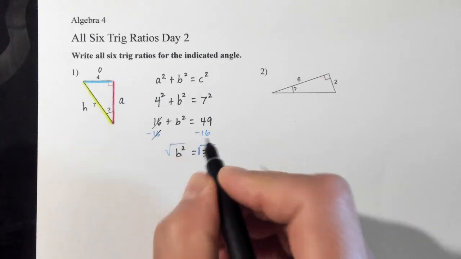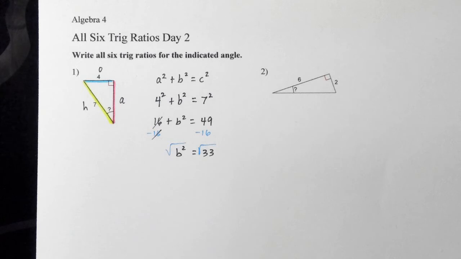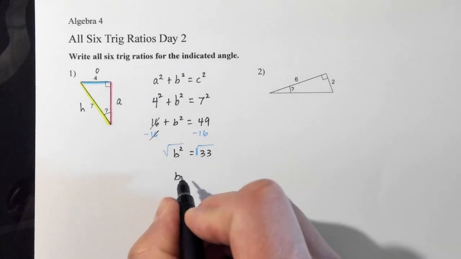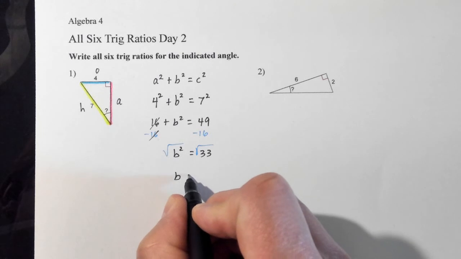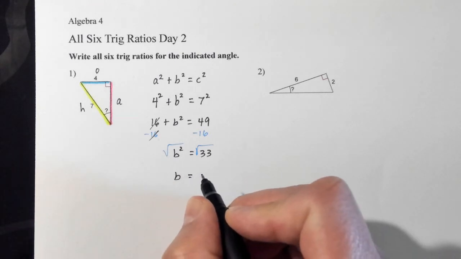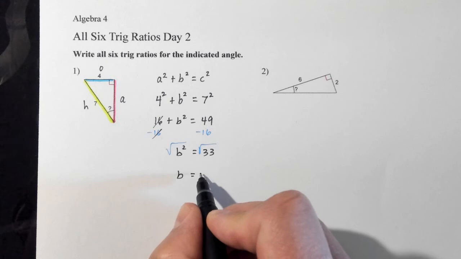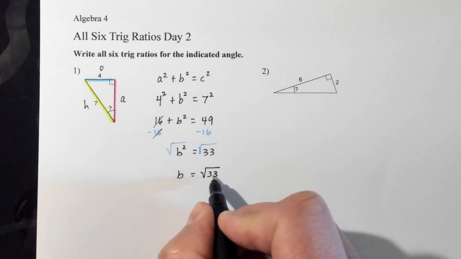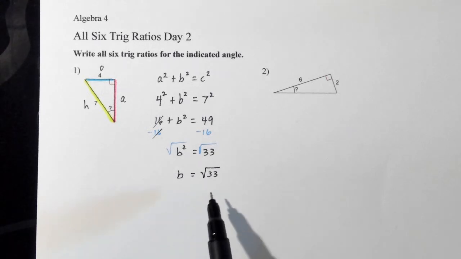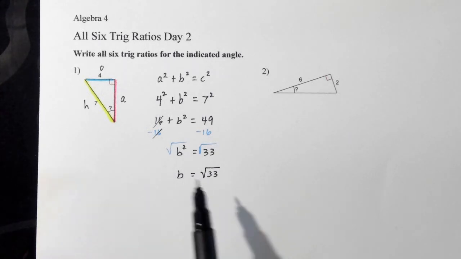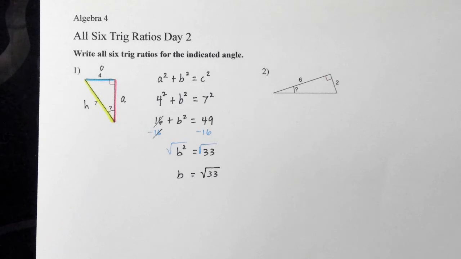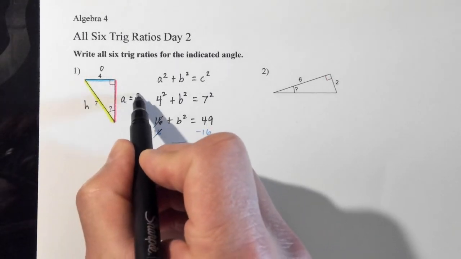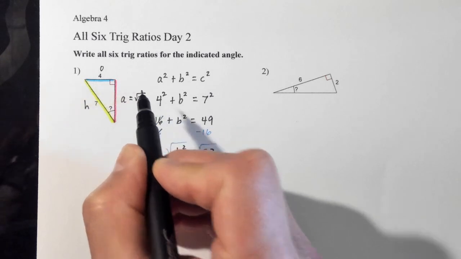Now technically, you learned in the quadratic unit first semester that when you square root both sides of the equation, you get a positive and a negative answer. But since we are dealing with a geometric figure, we are going to ignore the negative answer. Alright, we do not know the square root of 33, so you're going to leave it as a radical. So the length of this side is the square root of 33,